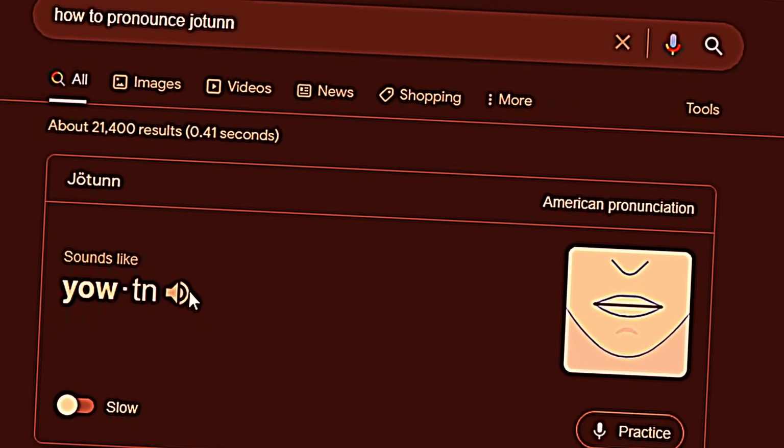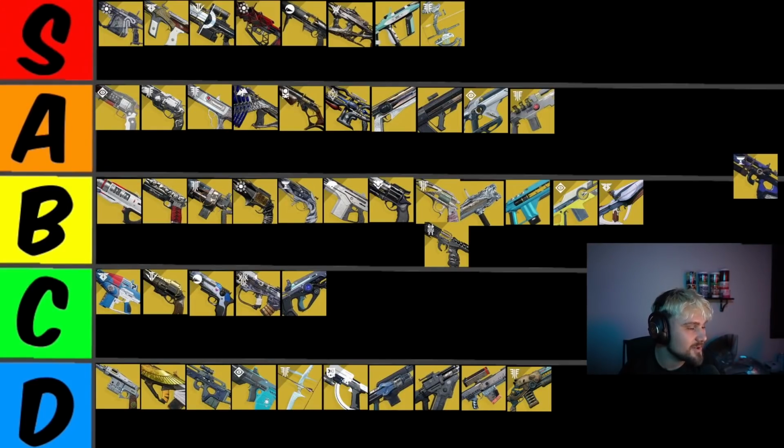Jotun. It has a crazy slow charge time. Damage output isn't the worst ever, but to match that charge time, it's just not very conducive in PvE. Jotun gets the D tier ranking. And then we'll talk about the Le Monarch bow. This thing is such a beast, man. Let's just throw this thing in the S tier ranking right off the bat